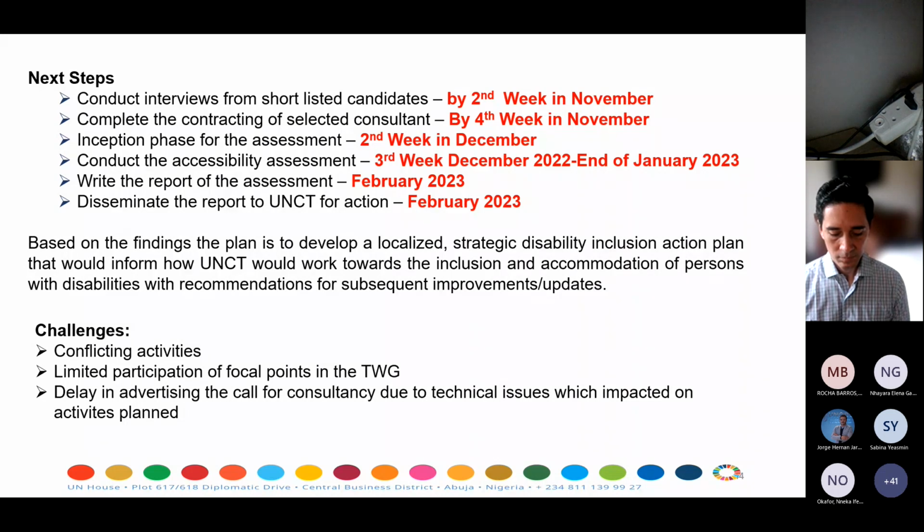Some of the things that we need, we already have in the building. We have accessible toilets on all the floors. All the other little things that need to be done, the ones that we can quickly implement that don't need much funding, I'm sure the UNCT will be able to take up.